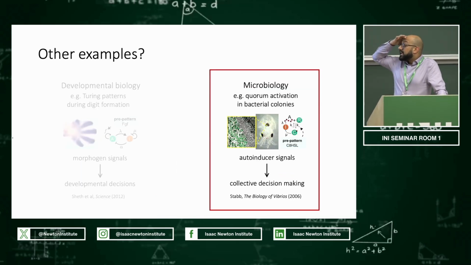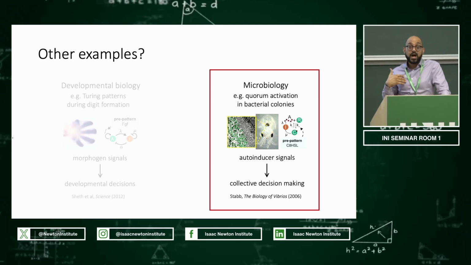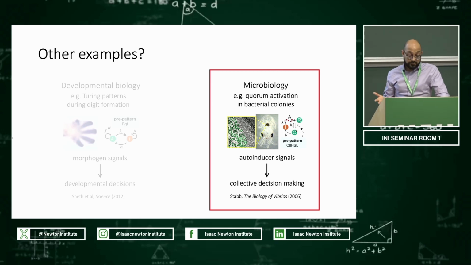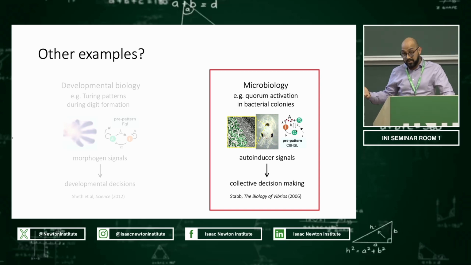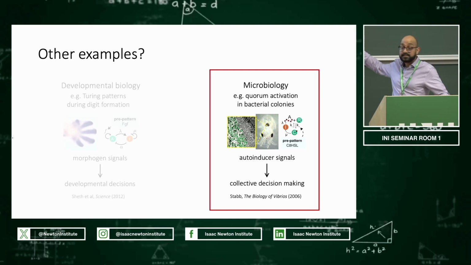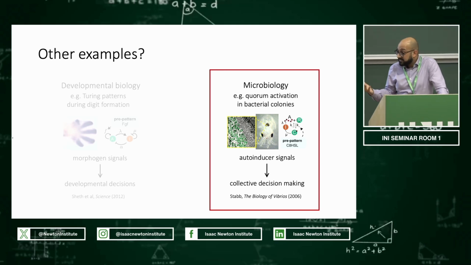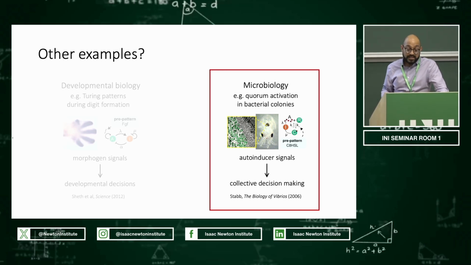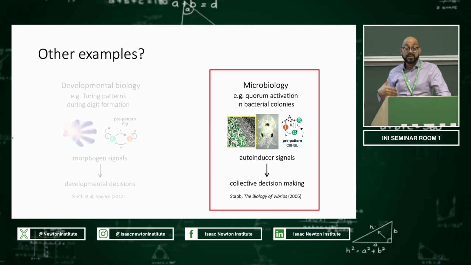So that was the general idea applied to a developmental biology example. But as I mentioned at the start, the idea of emergent robustness in pattern formation is also important in other areas of biology. So we can use this same mathematical framework to understand emergent robustness in a microbiology context, in collective bacterial decision-making. And this might seem very unrelated, but bacterial signaling is activated via a transition. And so mathematically, it's controlled by a bifurcation. In this system, we'll show that it's a transcritical bifurcation. So this is going to generate an emergent robustness over a certain time scale,